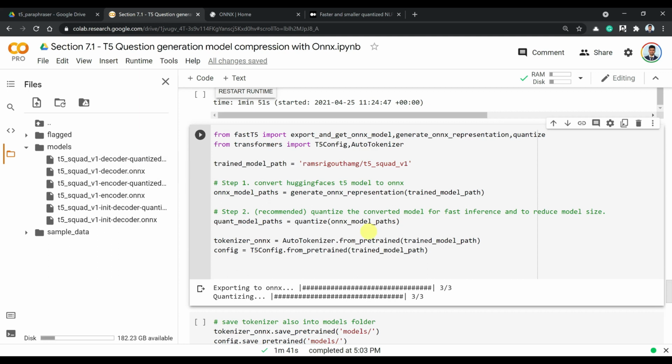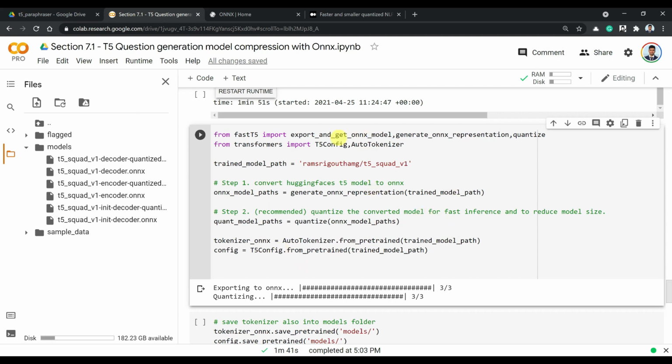The quantized model, since it reduces the floating point 32 to int 8, we lose some accuracy of the model. So there's some degradation of the performance, but quite often the degradation might be very low for the use case that we are dealing with, and we are completely okay with that slight degradation of performance when compared to the speed boost it gives, and also the memory size reduction it gives.